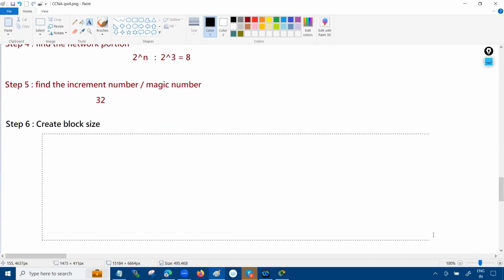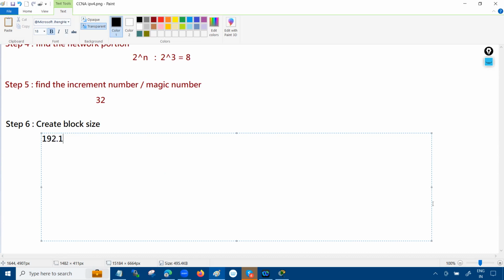So now your first block size is what? 192.168.1.0/24, right? Previously this was the large broadcast domain. Now we have divided this into small portions. The first subnet that we have